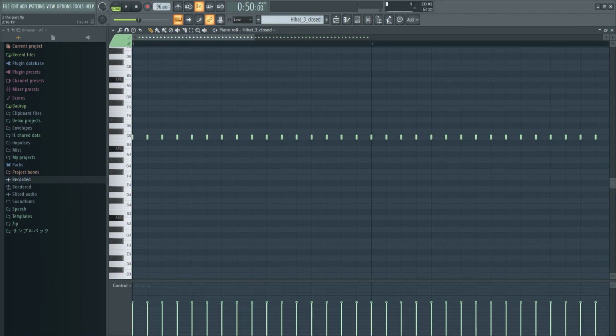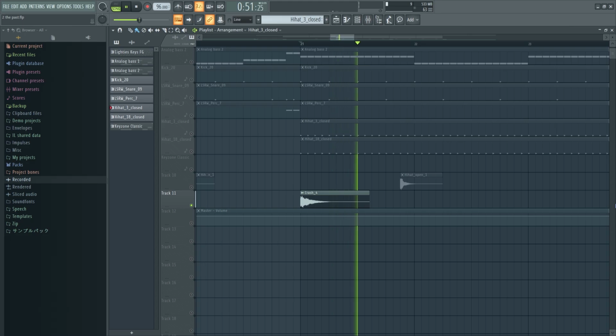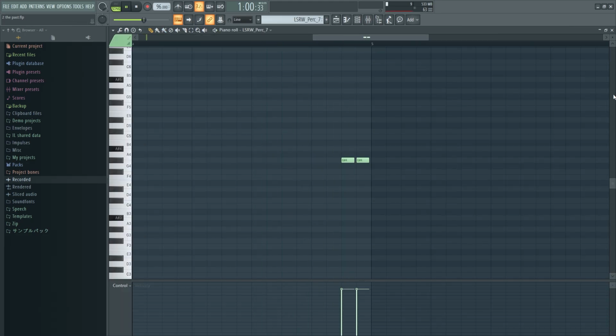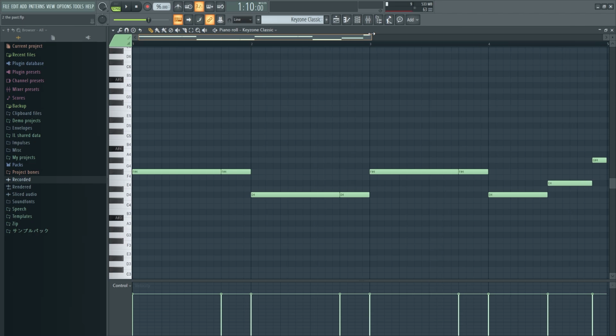I actually used two different hi-hats in the song. Don't be afraid to layer samples, as doing so can lead to unique sounds. Also, don't be afraid to add more subtle details and sound effects, like crash, open hat, and this tom percussion. I also added the subtle piano in the background.